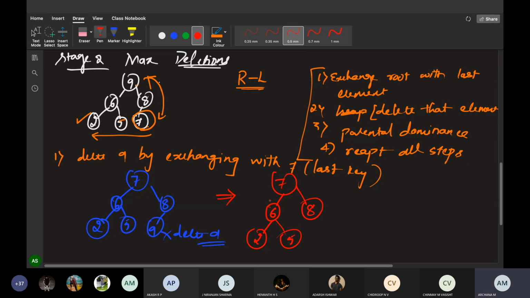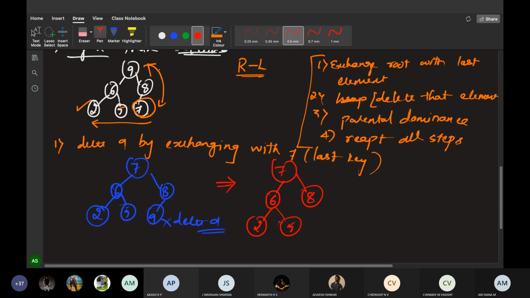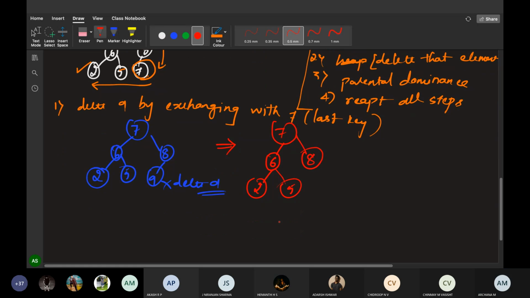Okay, so now what do you have to do? Tell me. Now we have to check the parental dominance. Look here, third step: parental dominance. Yes, we have to see the parental dominance. See here, is 6 greater than 2 and 5? Is there any requirement of swapping? No, it is perfect.